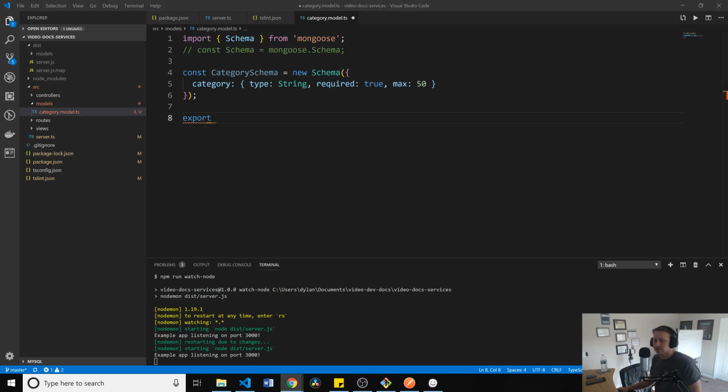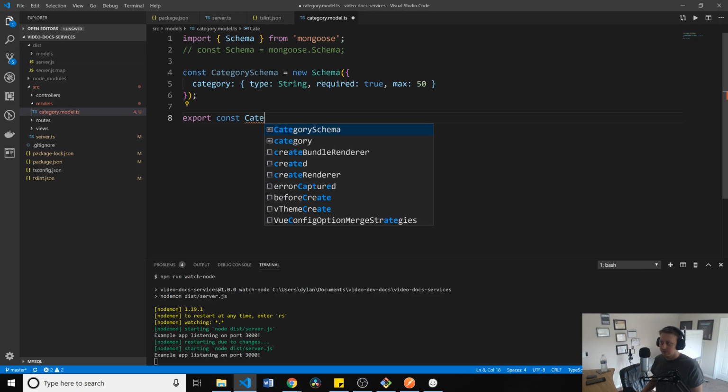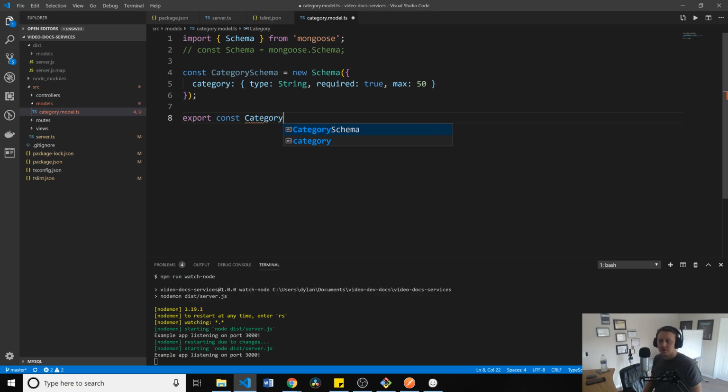So I'm jumping between like 3 different blog posts right now as I'm doing this, so I'm going a little slower, but we're going to export const Category equal to